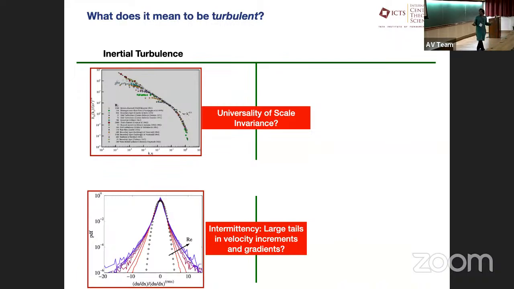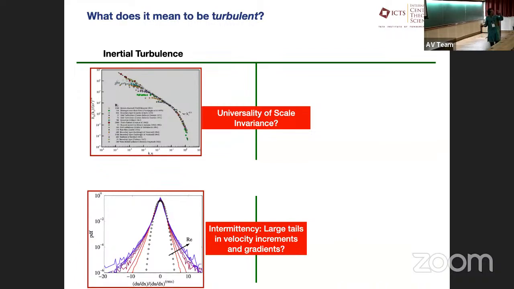The other fingerprint is the following: if you measure the acceleration statistics in turbulence, if you measure the PDF of, let's say, the difference of velocities over a given length scale R. I'm being a little fuzzy here because I don't want to get technical. So you take the difference of velocities between two points separated by a distance R, you do it repeatedly, you plot the PDF of that, and many other observables in turbulence, in high Reynolds number flows. What you end up getting are these big fat tails.